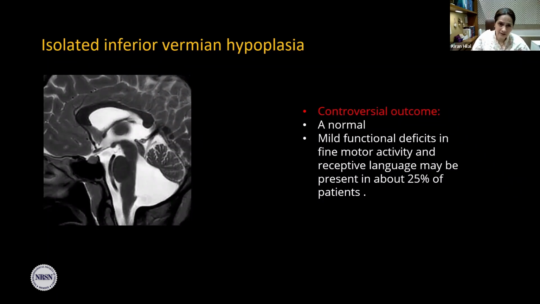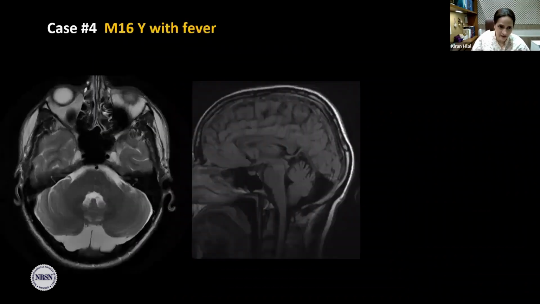It can be an incidental finding in a normal person, but sometimes some individuals may have mild functional deficit, fine motor activity, and receptive language problems. But only 25% of the patients have this problem. For the rest of the 75% of patients, this can be a simple, mild insult during embryological life and an incidental finding. So keep in mind and ask them to correlate it clinically with the neurological